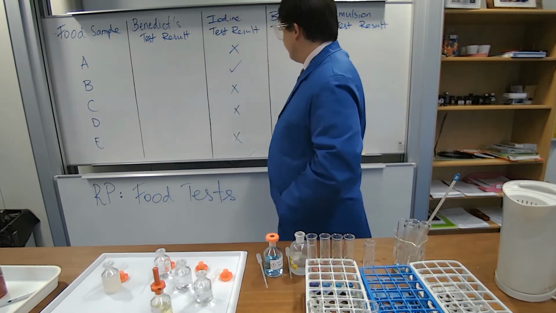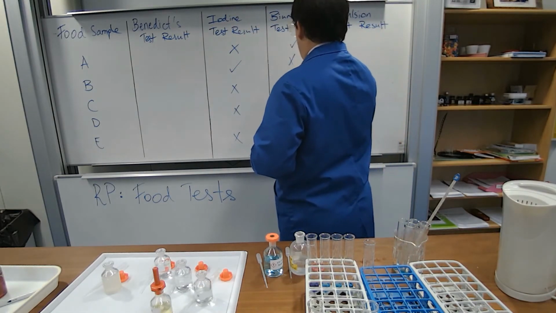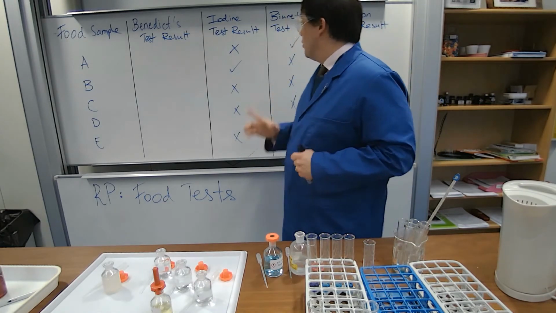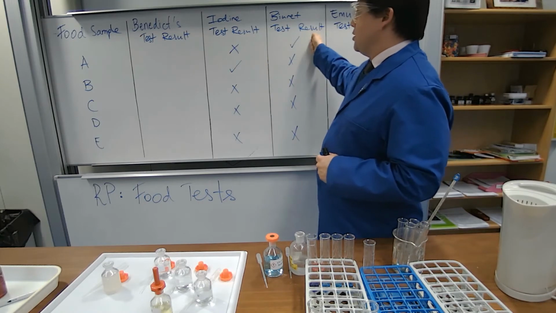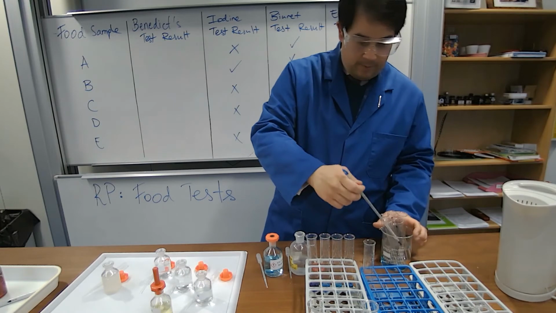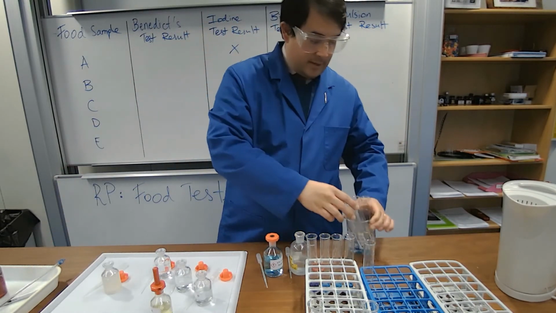Just put that down. Positive, and the others are all negative. So we know already A, protein, B, starch. Now, the results of my Benedict's tests are through. In my hot water bath, I see,